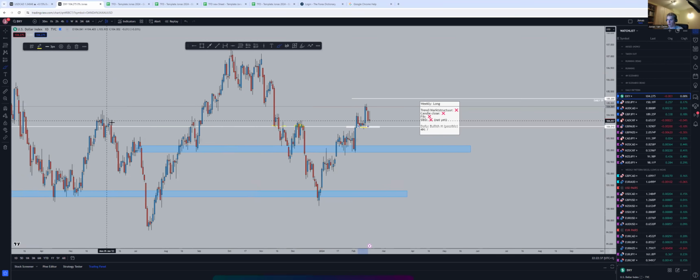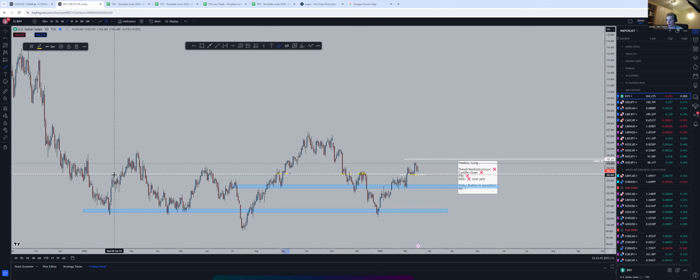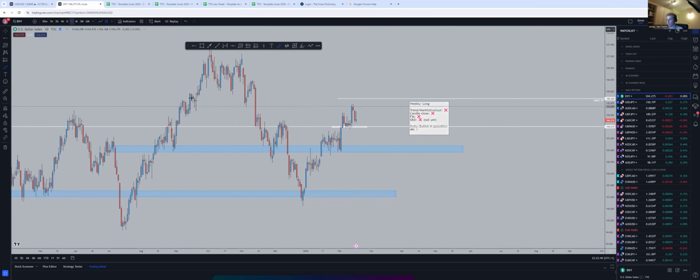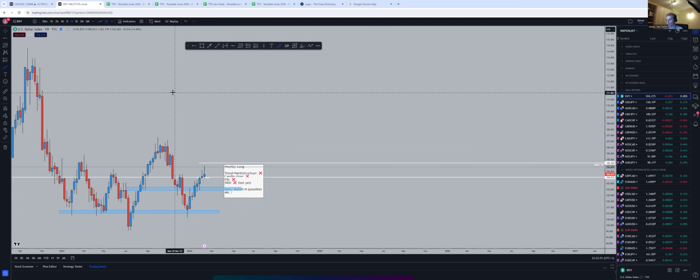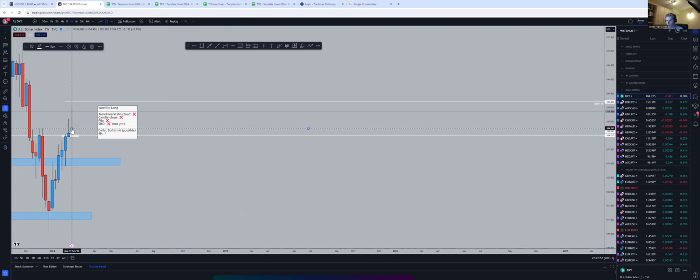If I look further back, you can see it more clearly. This was also resistance, support. Here again, also resistance, support. So it's a supply and demand zone. But if I go to the weekly, on the weekly, if I take my horizontal line and my magnet on that high here, we just closed a little bit above it. But that doesn't mean it's a break, because this can be a false break